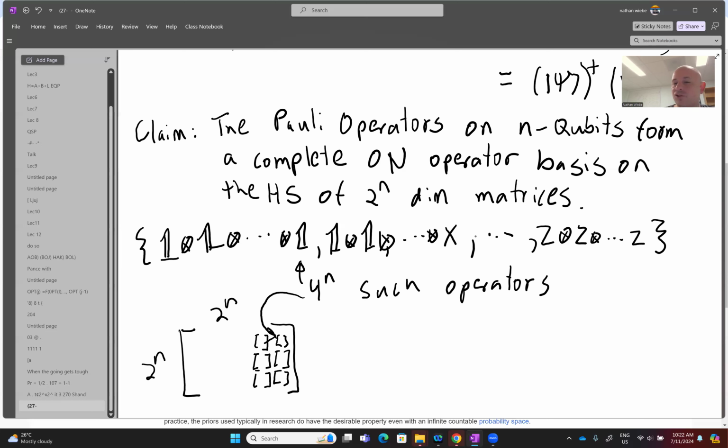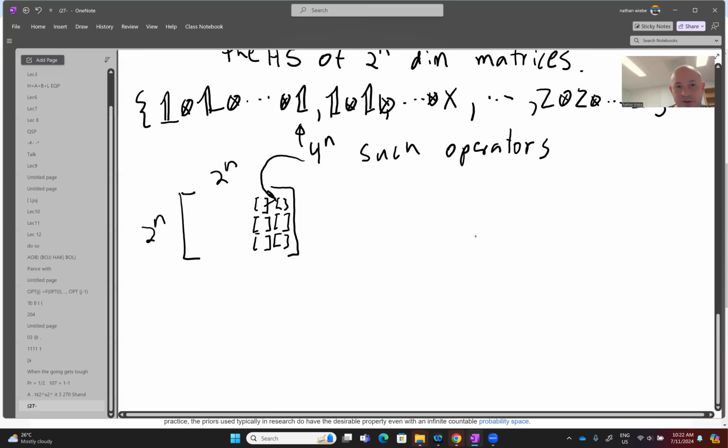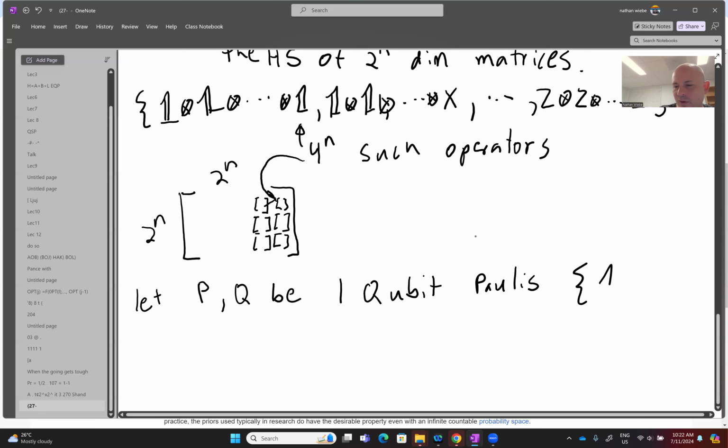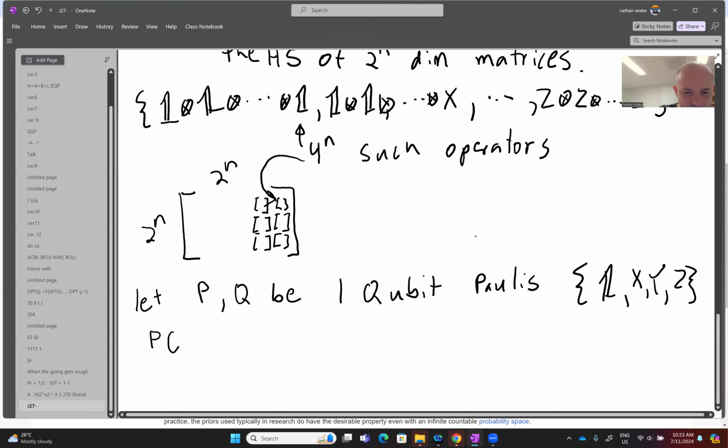Okay, cool. But let's just show that the Pauli operators end up having exactly that property. So first bit is we're going to approach this inductively. So let P and Q be 1 qubit Paulis, i.e., they're in the set identity, X, Y, Z. Wonderful. So first thing about Pauli operators that you need to know is that PQ